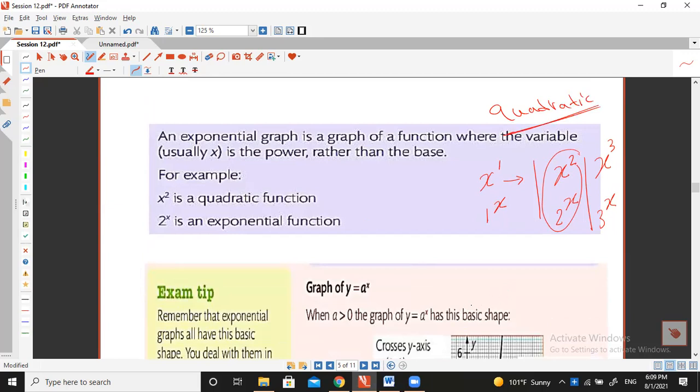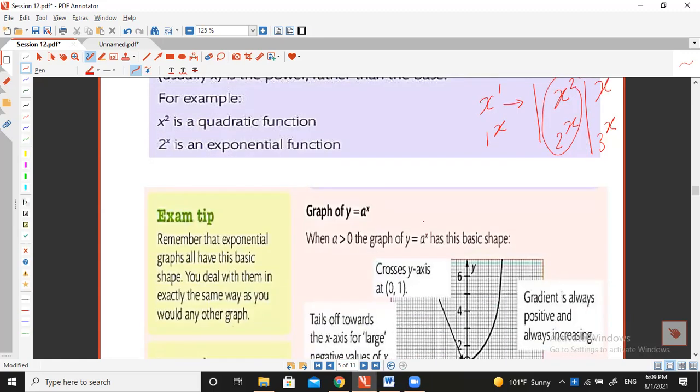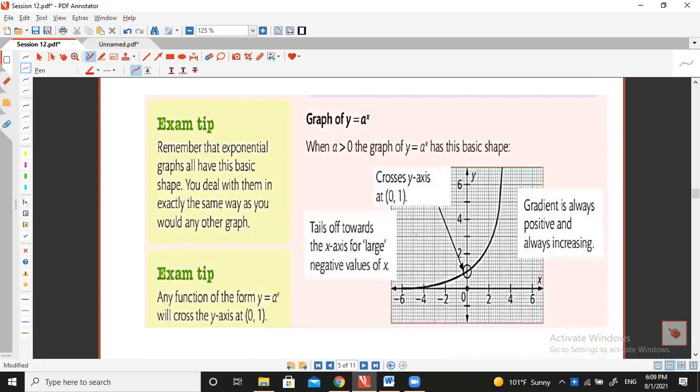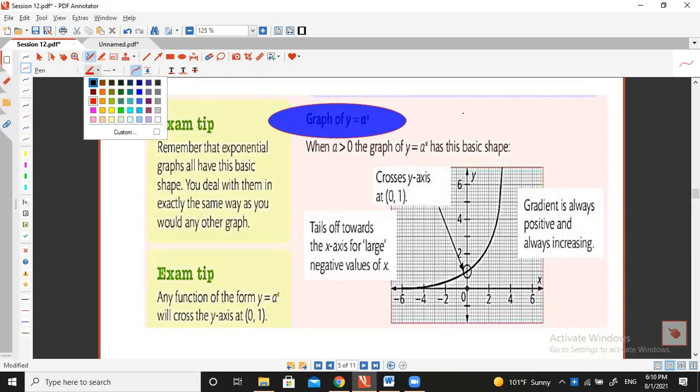كوادراتيك ايكويشن. طيب بكل بساطه انا لو مديك جراف لفانكشن زي دي اللي هي y equals a to the x power، وال a more than 0، يعني مثلا y equals 5 to the power of x، اي نمبر باور x بس يكون more than 0، يعني بوزيتيف. تمام؟